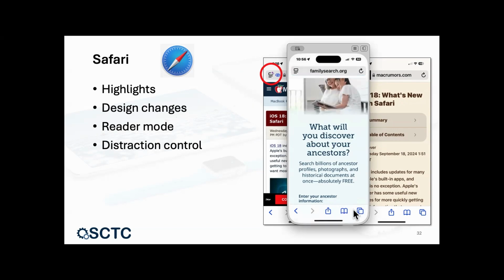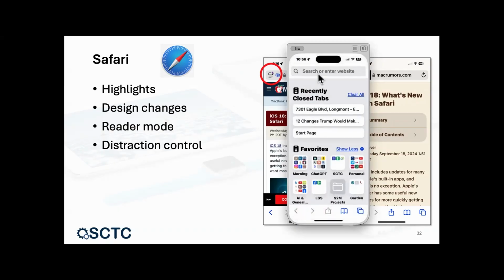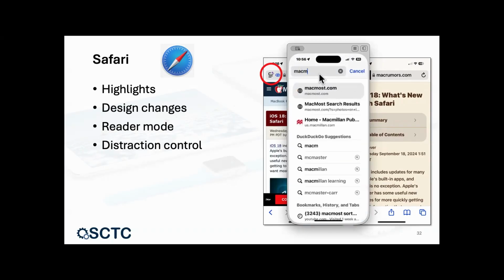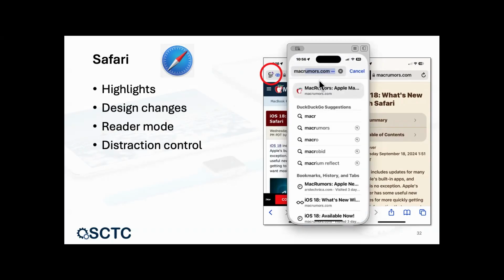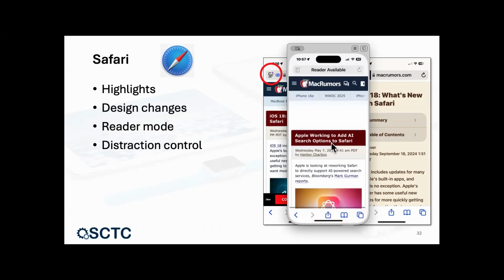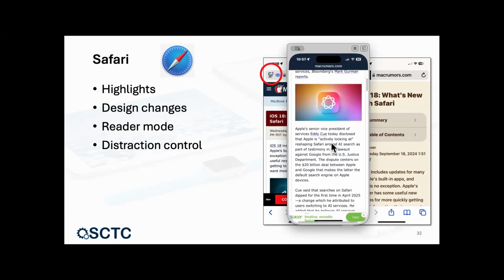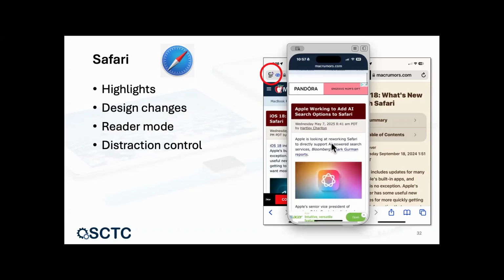Let's start a new tab and we'll go to MacRumors. So you can see, here's an article on Apple working to add AI search options to Safari. Blah, blah, blah. Now,